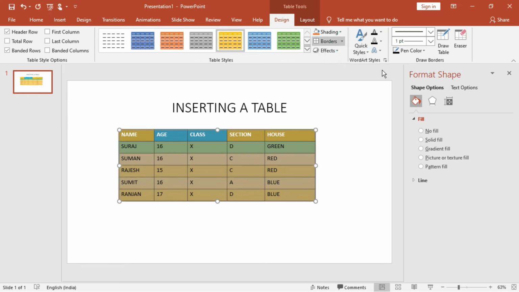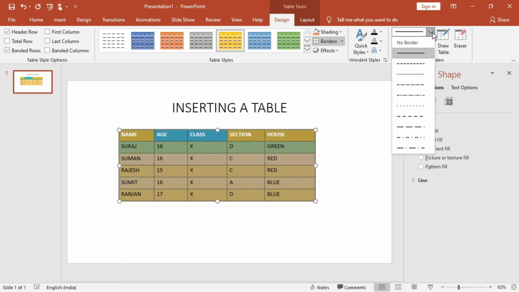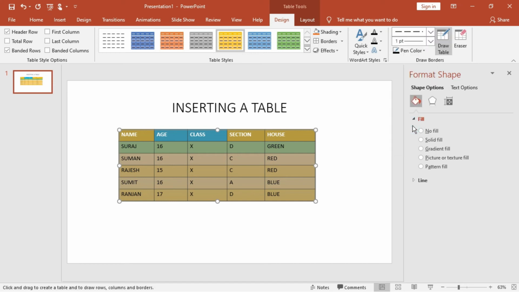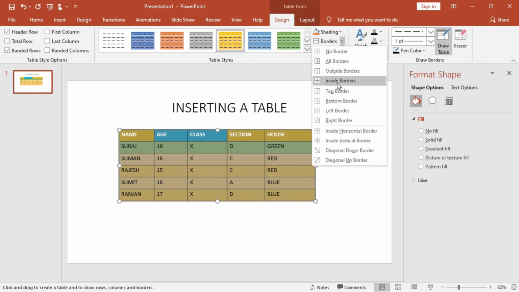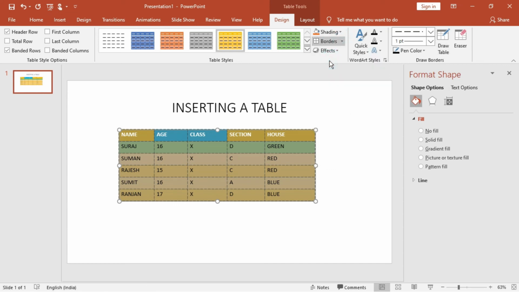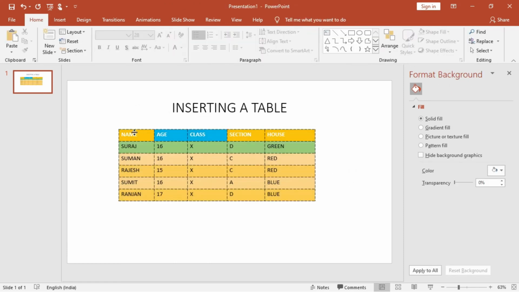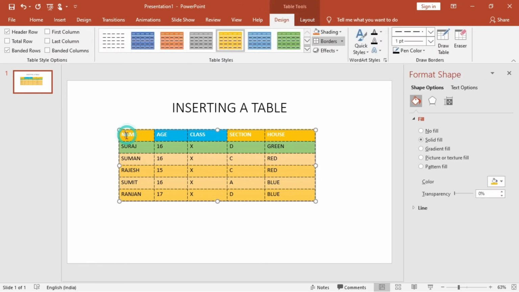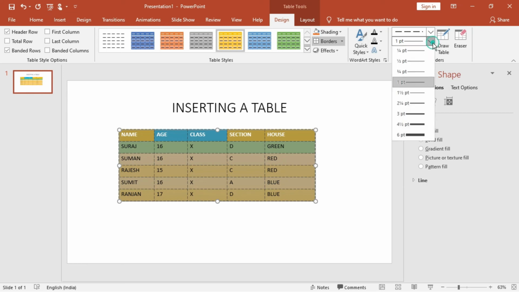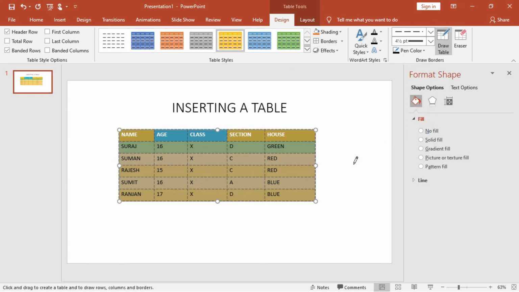This particular border, if you want, can be chosen in a different way also. And this is actually not this one, this is the draw table one. If you want, you can do it also. These are the border effects given to the table. So all borders can be given. These borders have been given in this particular style. You can see out here, this is also applicable. Now come over here, and if you want to increase the points, you can increase the points. The effect will take place after some time.